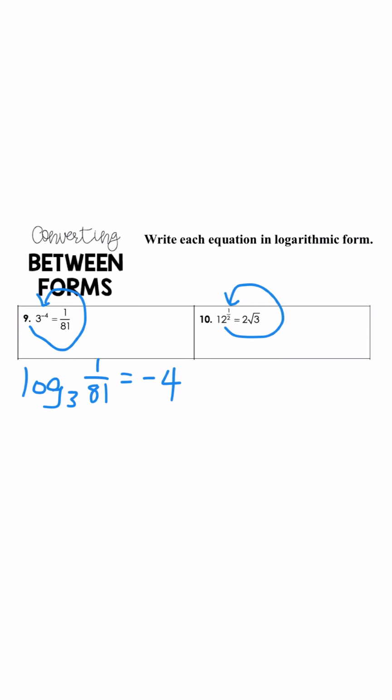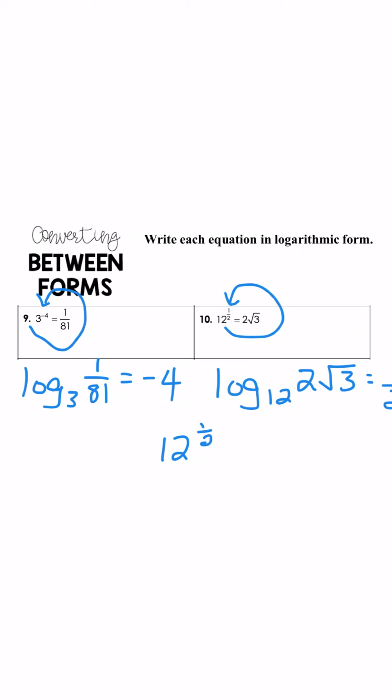So 12 to the 1/2 power equals 2 square root 3. This would be log base 12 of 2 square root 3 equals 1/2. And just so that you guys, this is a review, so if I have 12 to the 1/2